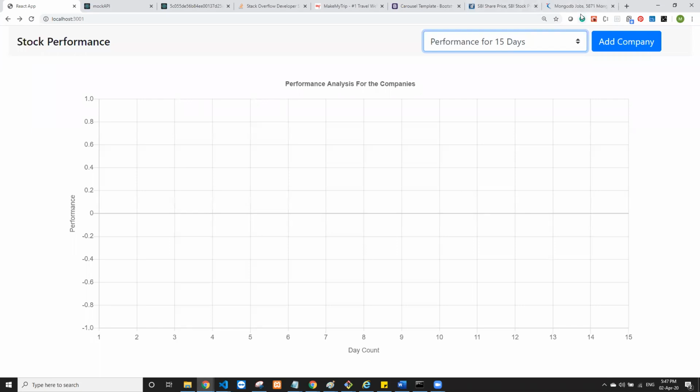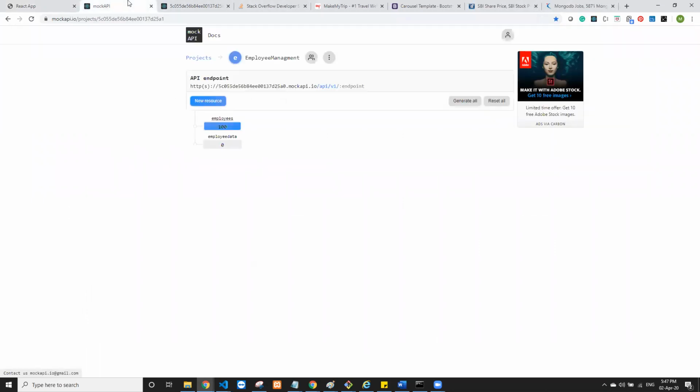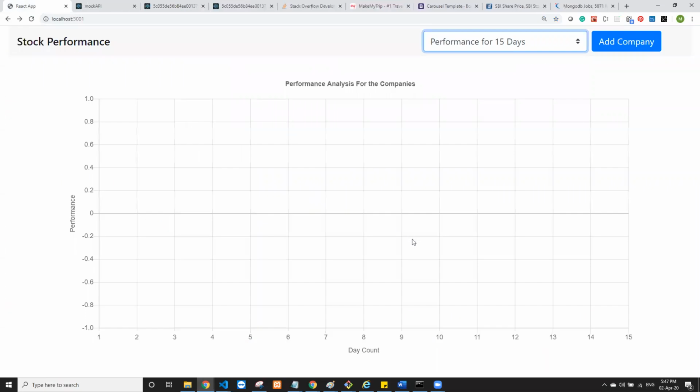I have to ensure that you get all the concepts. Whatever I have shown you, saving to a database, retrieving from a database, getting this API data, or rendering this data on a website, this is all what we are going to do, and we are going to complete it by the end of this session.